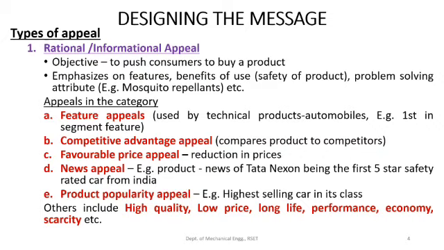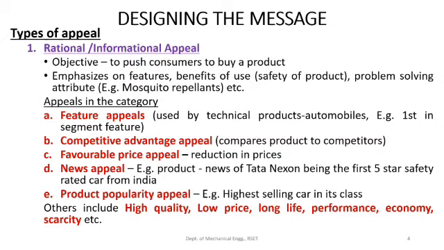The second appeal that falls under the rational or informational appeal category is the competitive advantage appeal, where you compare products against your competitors and bring out the advantages that your product has over your competitors. The third kind of appeal is favorable price appeal, where you say that there is a reduction in price. An example,